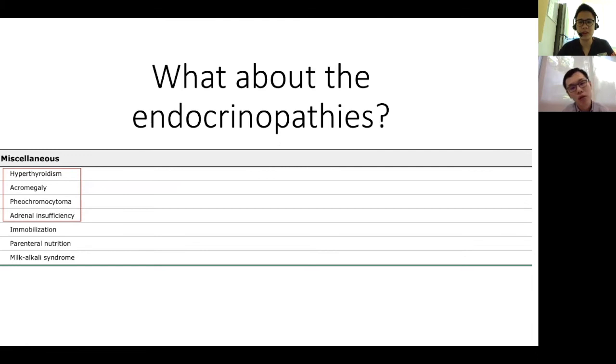Okay, I'll answer the easy ones first. Sure. The pheochromocytoma is usually due to PTH-related peptide secretion. Okay. Adrenal insufficiency, I think we don't really know the mechanism by which it causes hypercalcemia. Okay. Hyperthyroidism is usually because of increased bone breakdown. So hyperthyroidism can cause osteoporosis, and because of that, it will release more calcium into the bloodstream and